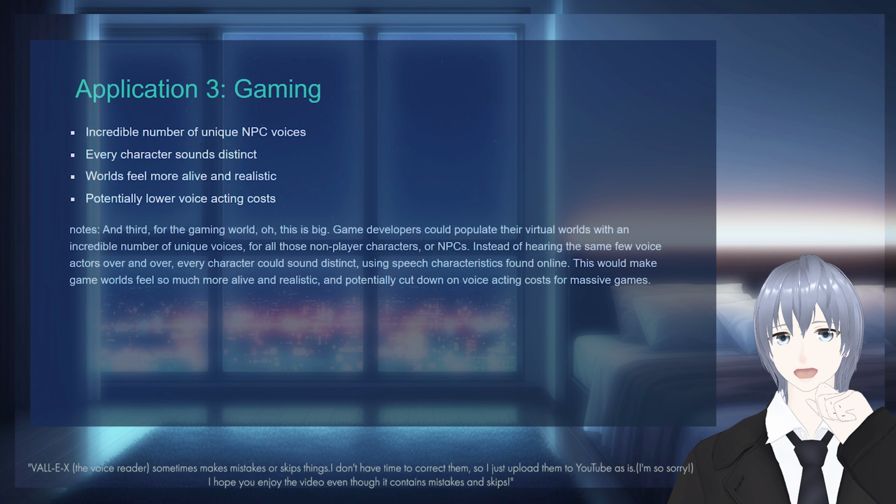And third, for the gaming world. Oh, this is big. Game developers could populate their virtual worlds with an incredible number of unique voices, for all those non-player characters. Instead of hearing the same few voice actors over and over, every character could sound distinct, using speech characteristics found online. This would make game worlds feel so much more alive and realistic, and potentially cut down on voice acting